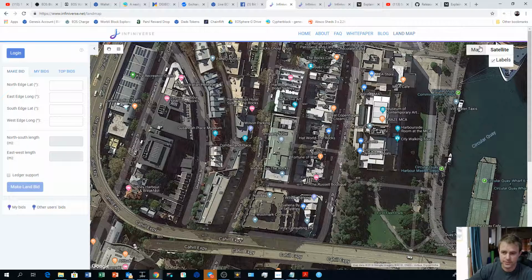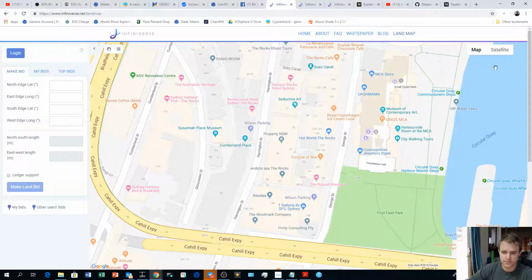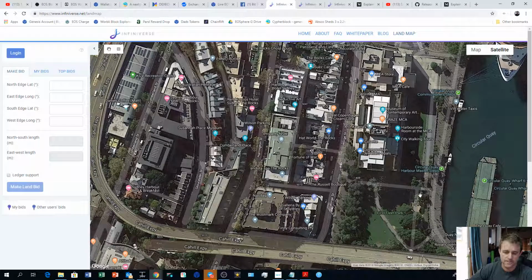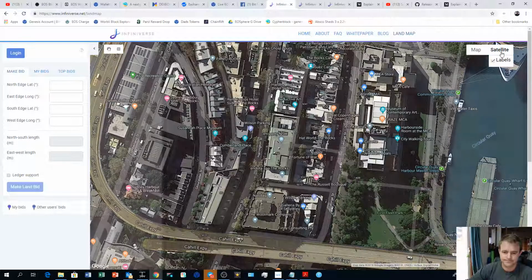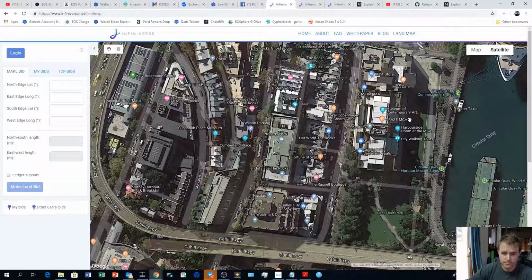If you didn't see what I did there, you can go from map to satellite. The reason I'm going to satellite is because on the map it's not as easy to tell where there's going to be building tops and things like that in relation to where your land is going. And when you buy building tops, you're effectively wasting your tokens, because you won't actually get that land. There's more information about it, and I'll put some links at the bottom of the video to a Medium article that explains